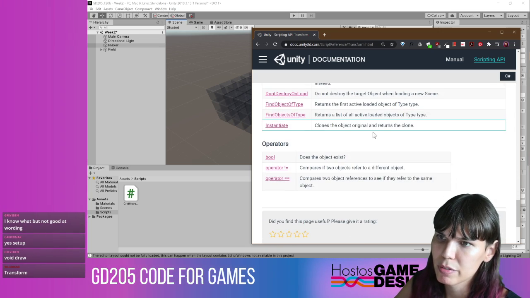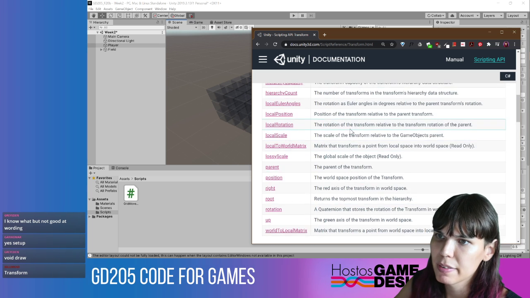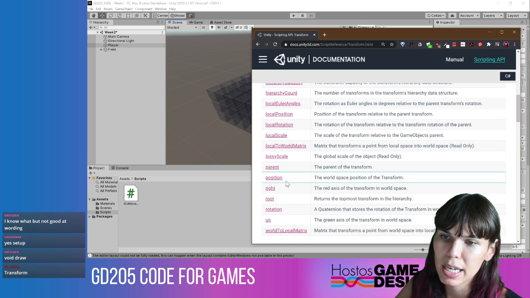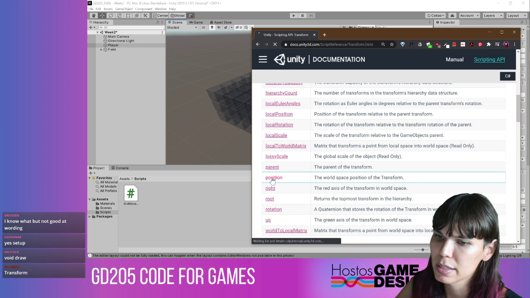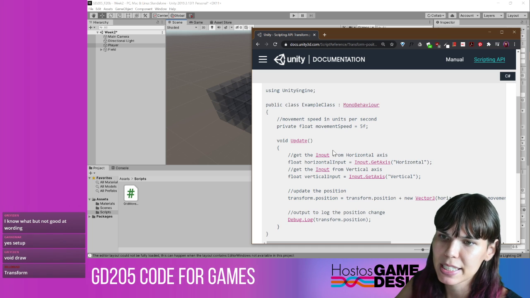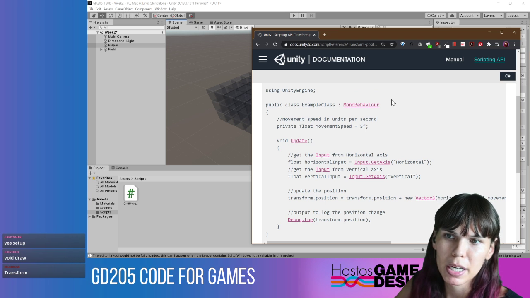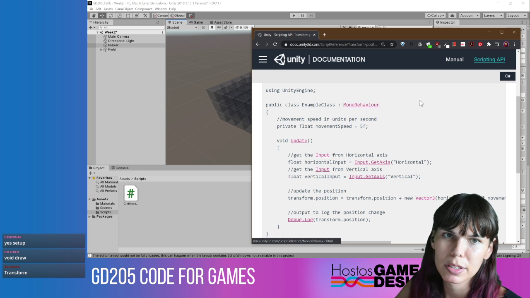And so if we want to use this, you might be looking on here. If you wanted to change the position, you could find out more about how it uses position. If I click position here, usually it'll have an example. If you're just starting off, you might have maybe too much information, but hopefully the more you do it, the more it starts to make sense. So I'm going to go back